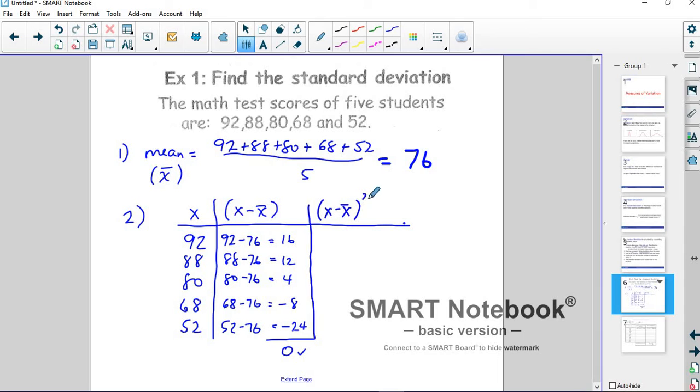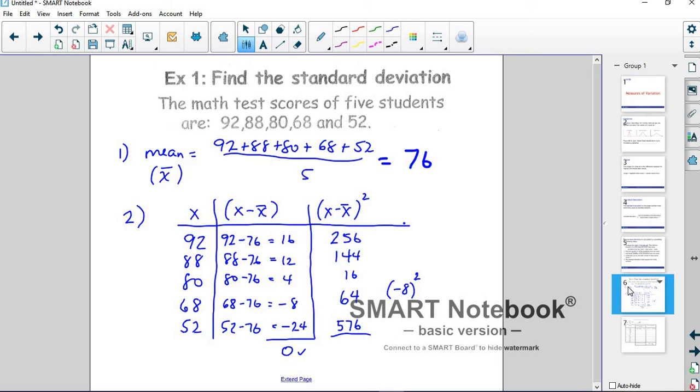Now again, you can do that all in one step, but remember that when you square a number, you always get out a positive. If you square a real number, you get out a non-negative number. So 16 squared is 256, 12 squared is 144, 4 squared is 16, negative 8 squared is positive 64. Remember, if you take negative 8 and square it, you get 2 negatives. That makes it a positive, okay? And then negative 24 squared, plug that in your calculator, you get